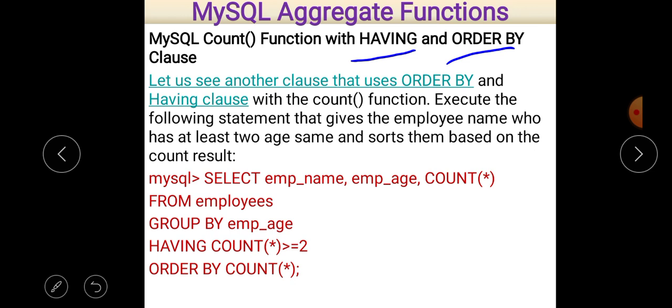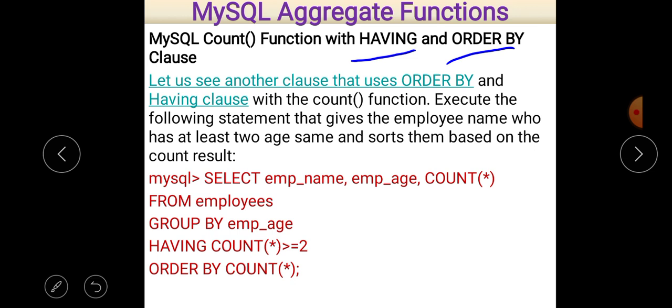Always remember that the having clause is used only with group by. Without group by, the having clause cannot be used, and it is used because conditions related to aggregate functions cannot be used with the where clause, so we use the having clause.